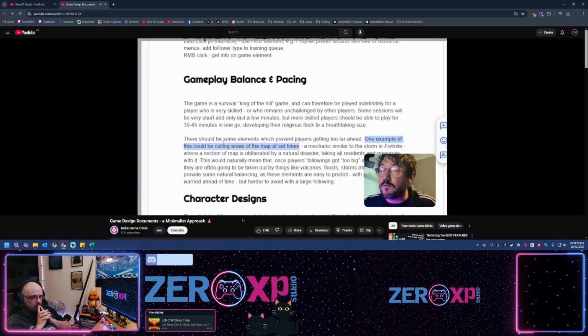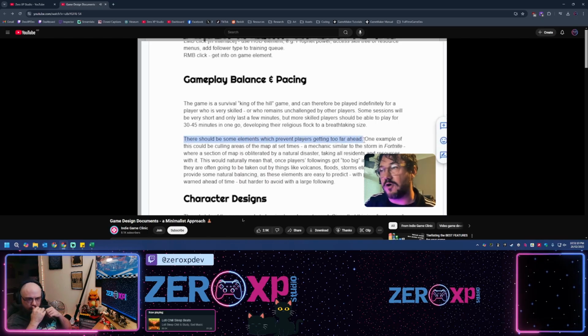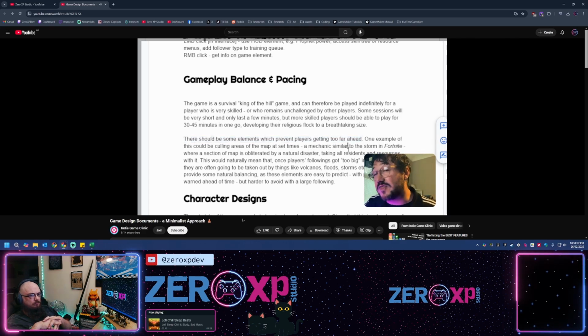Now, this is an important thing to pay attention to when you're doing any kind of technical writing: words like should, could, will infer different levels of intention. Here I've put, there should be some elements which prevent players getting too far ahead. That's not as strong as saying there will be.